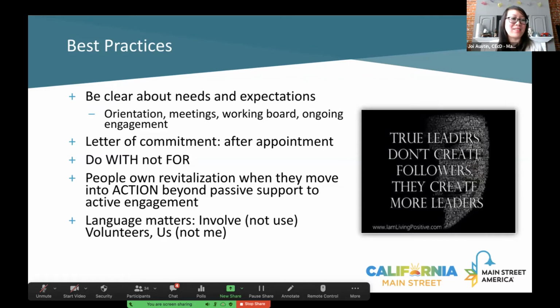So I think in essence, we just want to make sure that we're really doing these things with people, not for them, with our community, not just for our community. Because I think we tend to default to taking care of things on our own and doing them sort of alone. And we don't want to do things by ourselves. We want to make sure that we're really engaging our leaders,